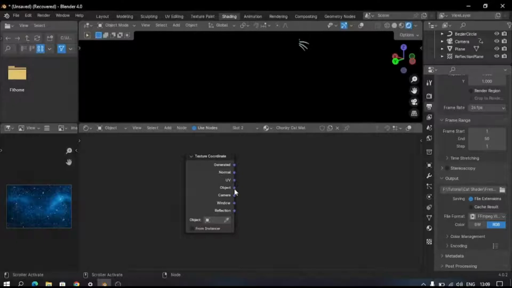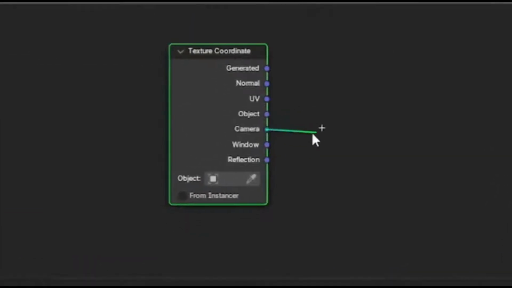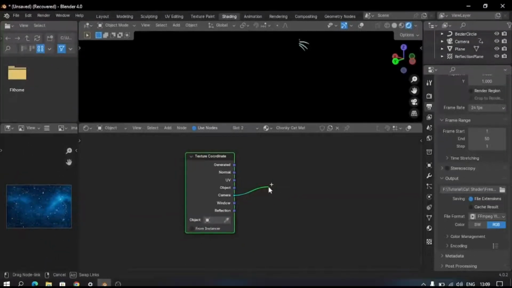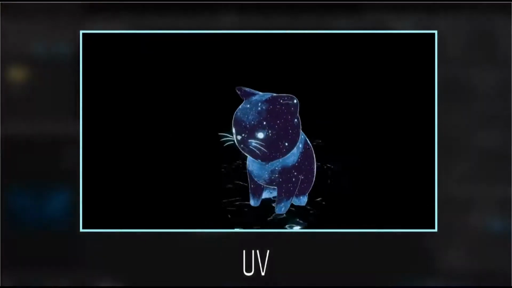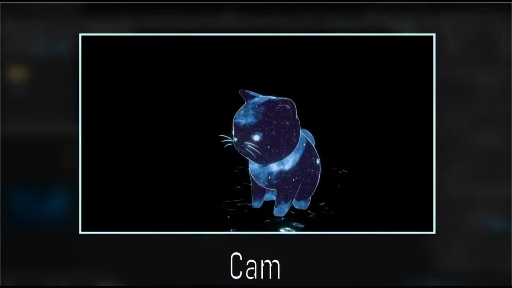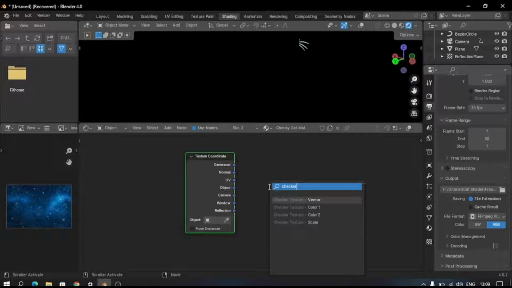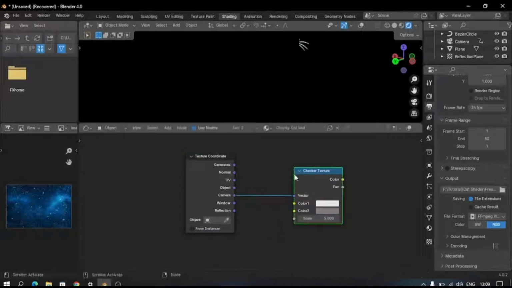Well, for this material we are going to use the camera coordinates. To show you the difference, with the UV coordinates, as you can see, the texture sticks to the model itself, whereas with camera coordinates it moves around with the camera. For this effect we are going to use the camera coordinates. Well, to visualize you better, I'm going to use the checkers texture